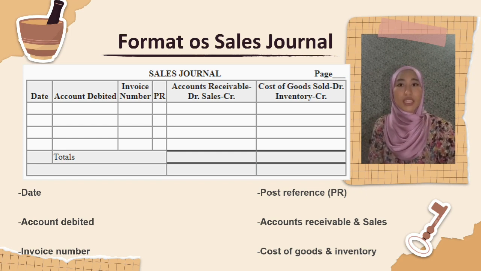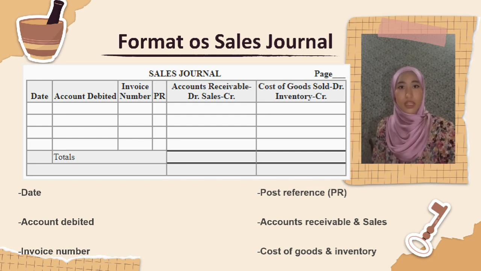The second one is the account debited, where this column is used to enter the name of the customer whose individual accounts are maintained in accounts receivable subsidiary ledger. The third one is invoice number, where the sales invoice number is written in this column. The fourth one is post reference, where the entries in sales journal are posted on daily basis to relevant accounts in accounts receivable subsidiary ledger. The post reference is used to enter account numbers of individual accounts in the accounts receivable subsidiary ledger in which